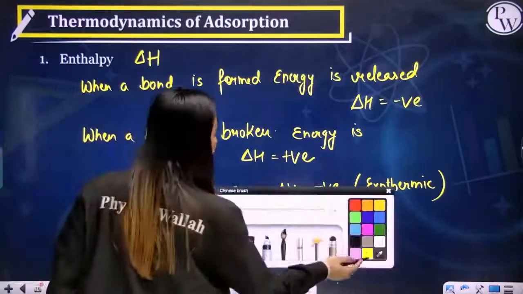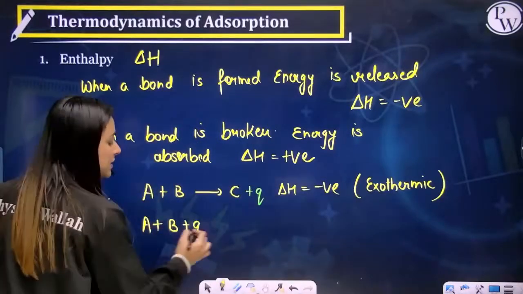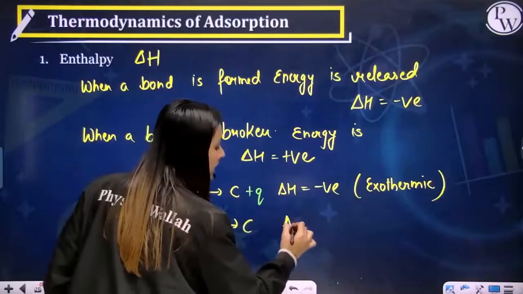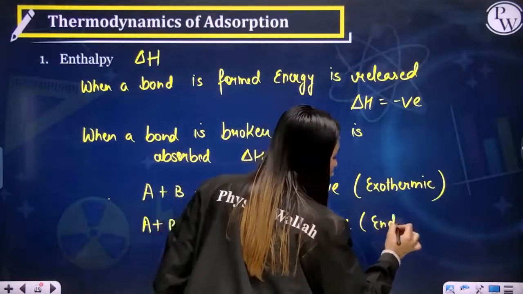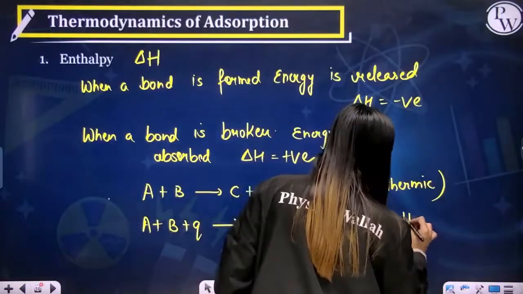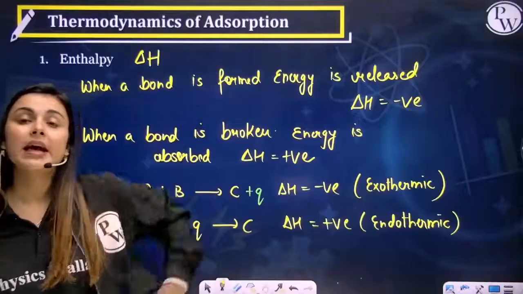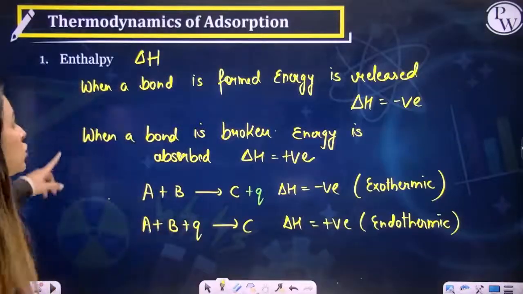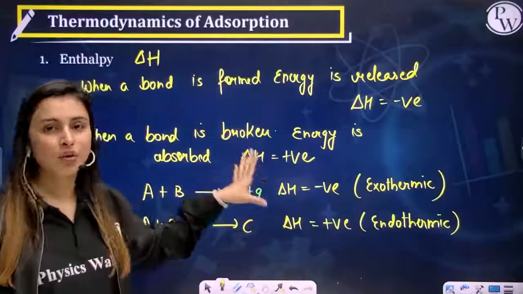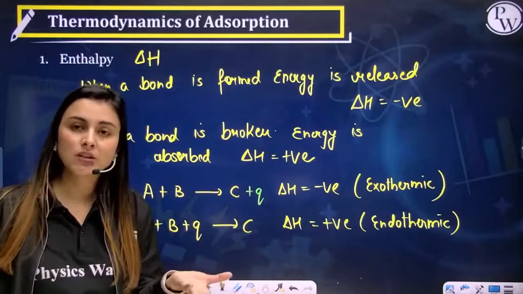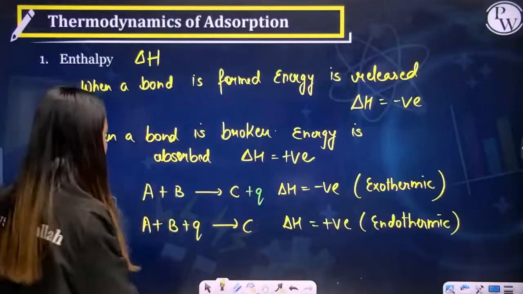But if we have A plus B plus heat, if the heat is on the reactant side, then we say that delta H is positive. That is energy, and this reaction is known as endothermic. Why do we call it endothermic? Because energy is absorbed here. So now I hope you have the idea about enthalpy, and what type of reaction it is known as if it has a particular kind of enthalpy. Now let's try to understand about the